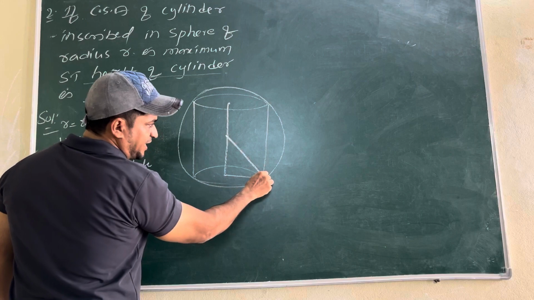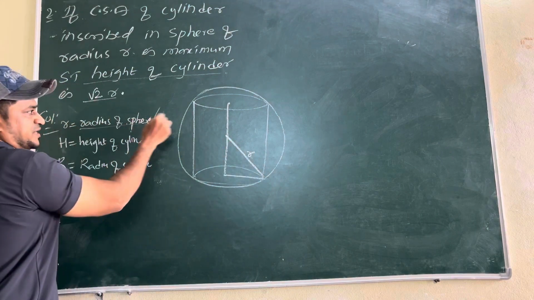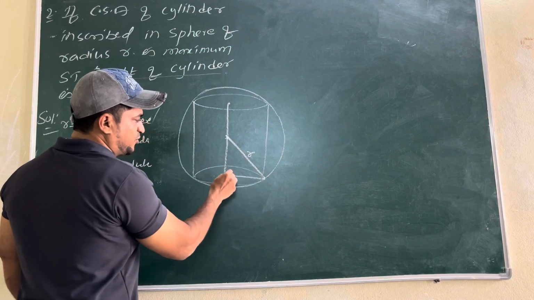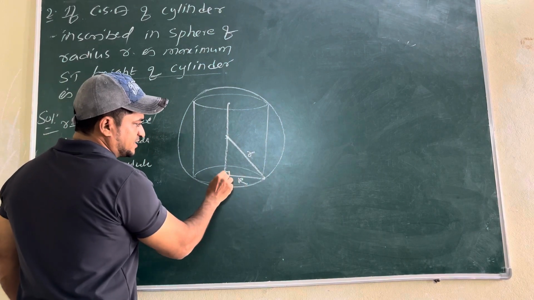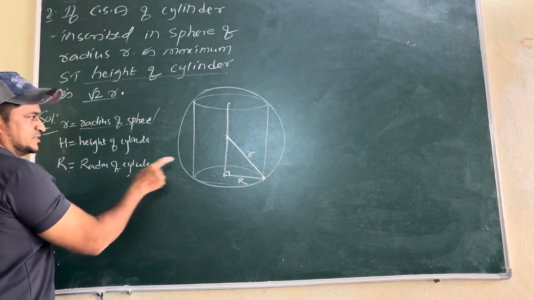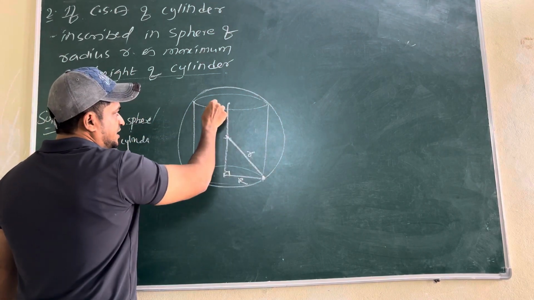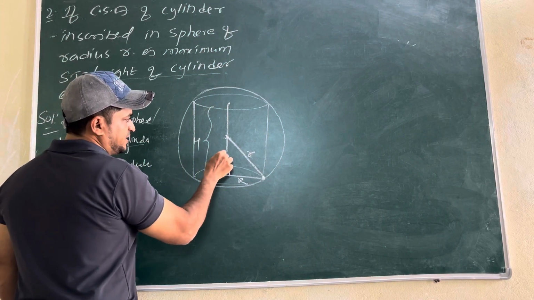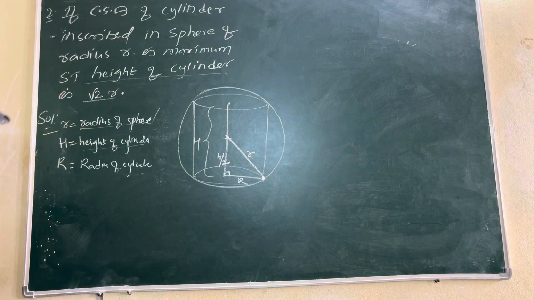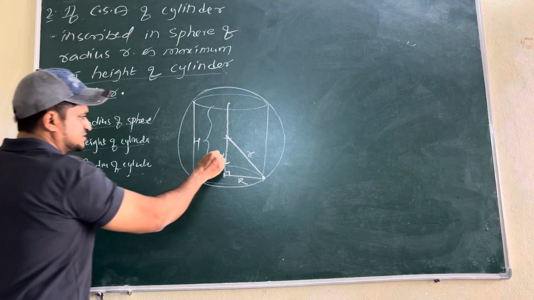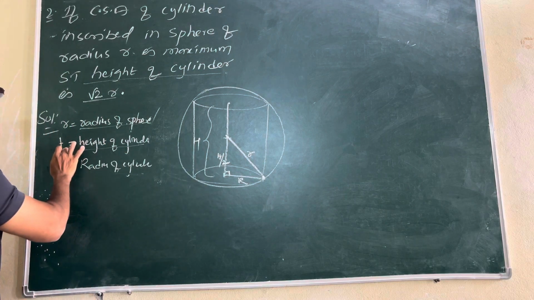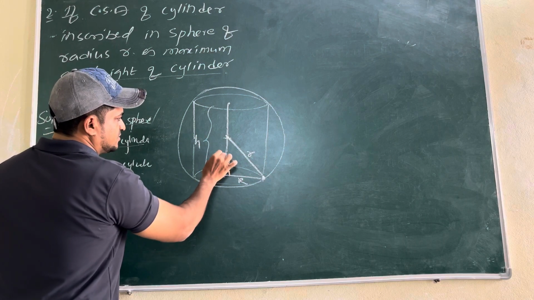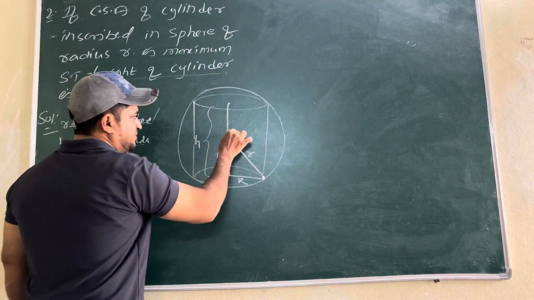From center to the end is small r, radius of sphere. This radius, we are not taking the center in this way because we have to write till the end point. Then this will be capital R. This is also a radius, but the radius of the cylinder. If the height of the cylinder is capital H, then this will be h by 2. Small h also you can consider as you wish. Previously we did by taking small h, so you can take small h or capital H, your wish. H by 2. Now this is ABC.